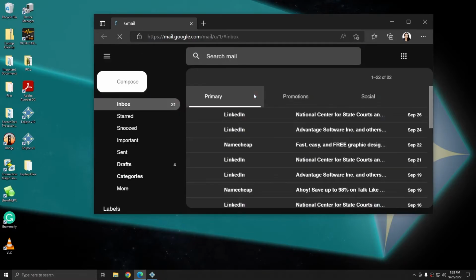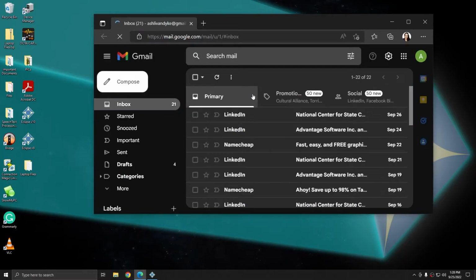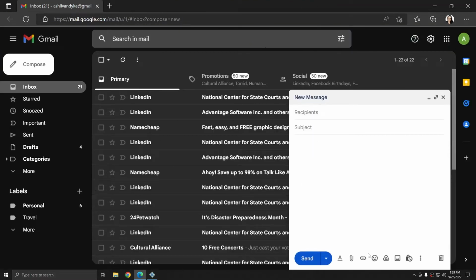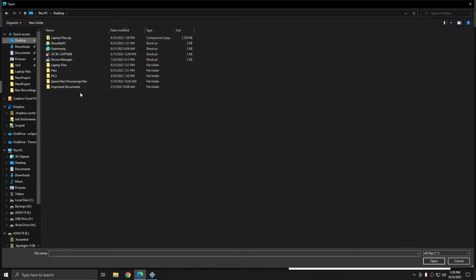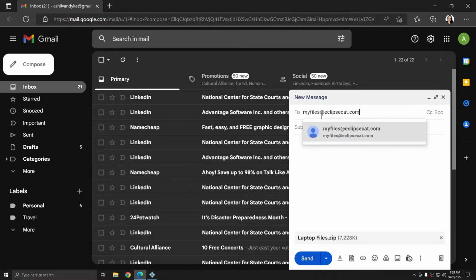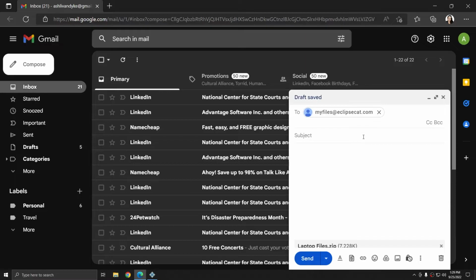I'm going to open up my Gmail, but you can use any email. I'm going to create a new email. I'm going to hit Attach. And I'm going to select the zipped laptop files folder. And that's going to attach to my email. And I'm going to send this to my files at eclipsecat.com. And I'm going to make the subject